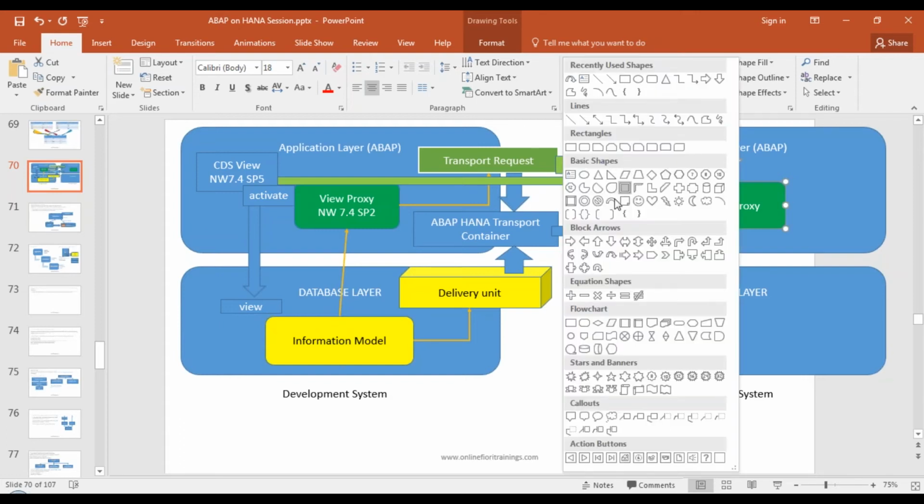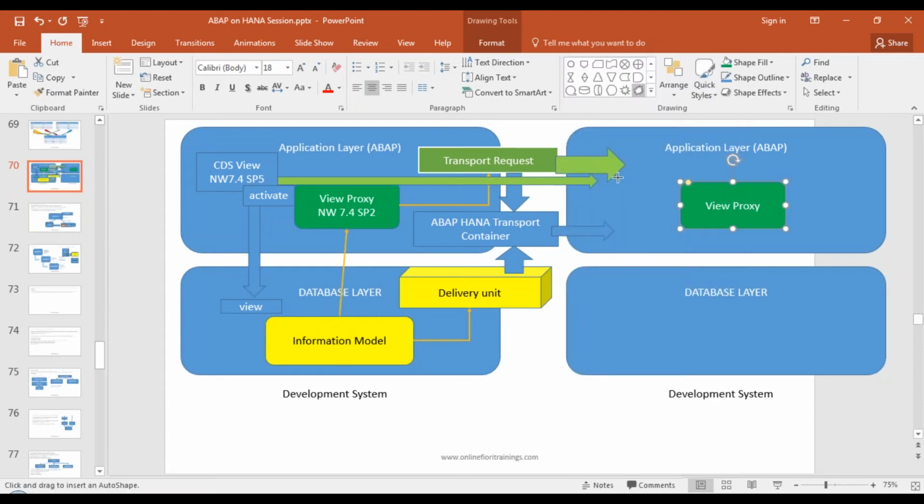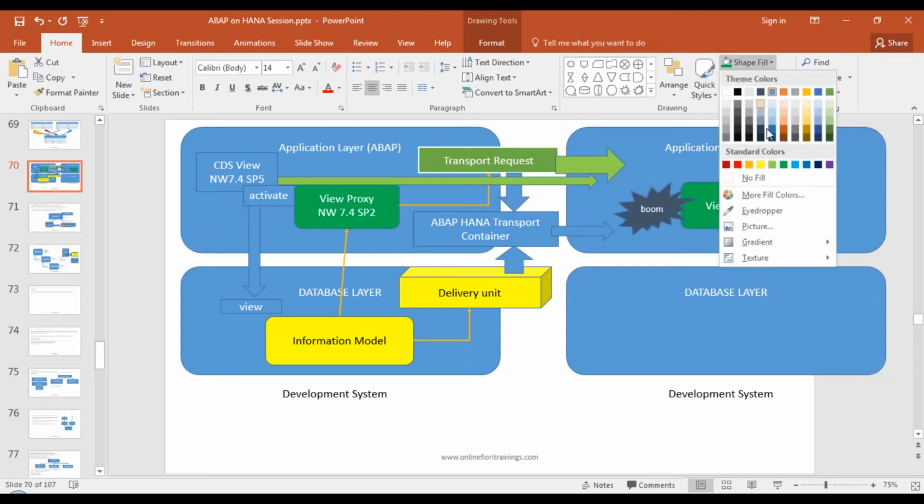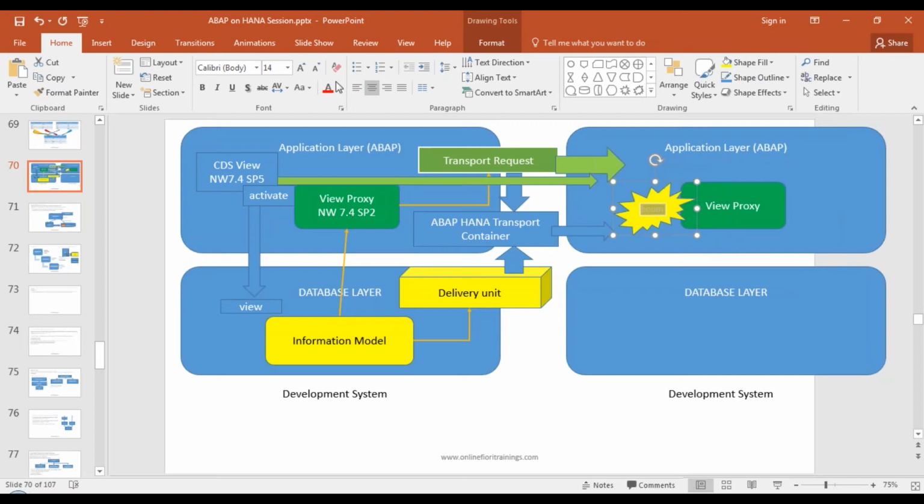If you transported the proxy object, but you forgot to transport your underlying HANA database object, what will happen? Boom. Of course, boom will happen. Nothing else. It will say underlying HANA information model not found. That is the disadvantage of using proxy based object implementation.